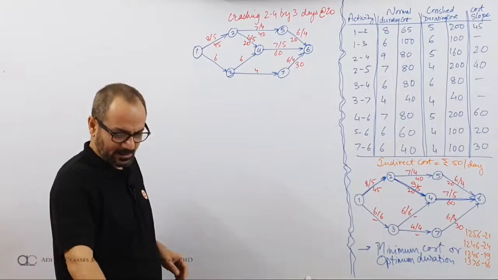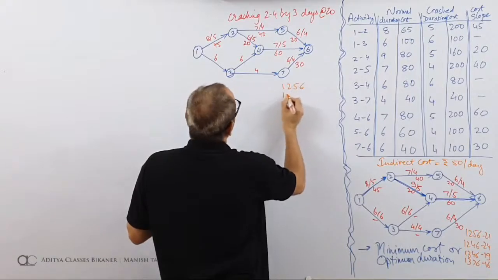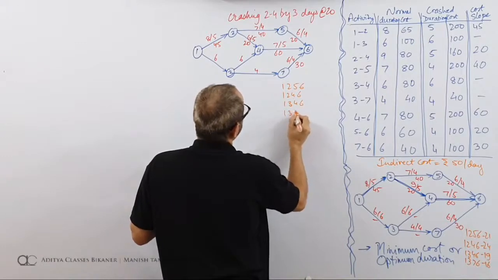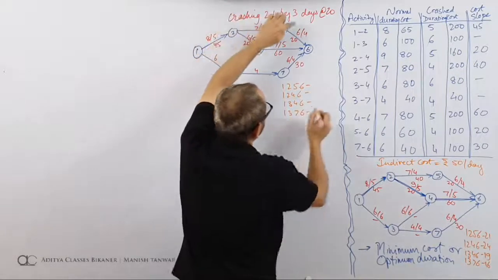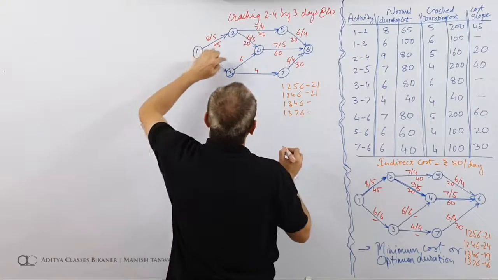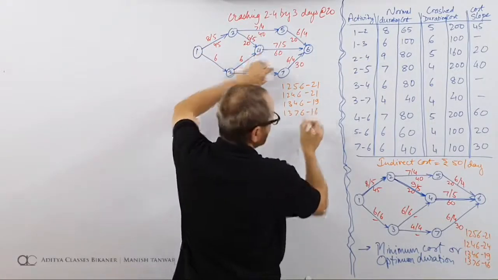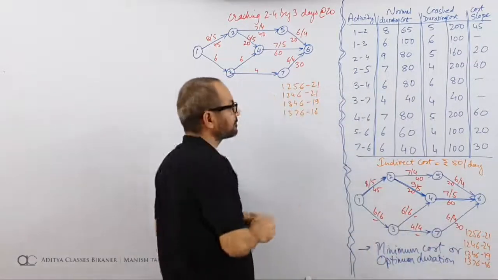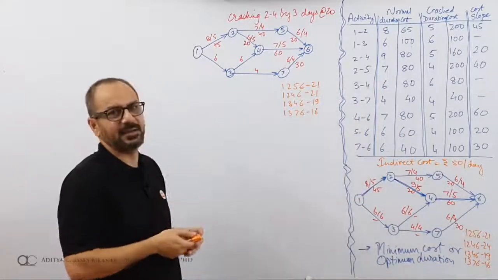Now again, can we have our paths 1, 2, 5, 6, 1, 2, 4, 6, 1, 3, 4, 6 and 1, 3, 7, 6. What are their respective durations? 8 and 7, 15 and 6, 21. Then there is 8 and 6, 14 and 7, 21. 6 and 6, 12 and 7, 19. And this is 6 and 4, 10 and 6, 16. So we see that 21, 19, 16, 21, 19, 16, everything is same. The only difference is 24 has come down to 21 because this was the idea.